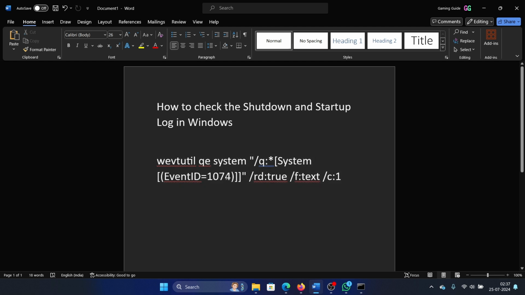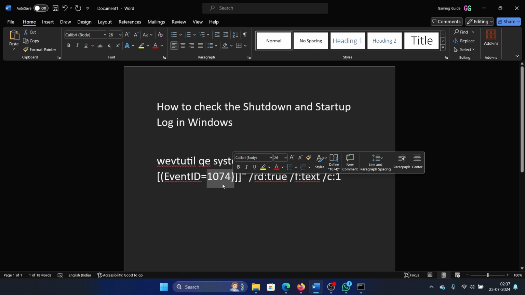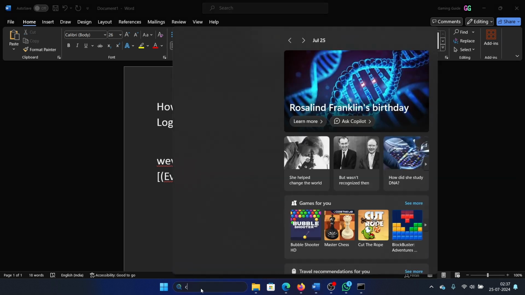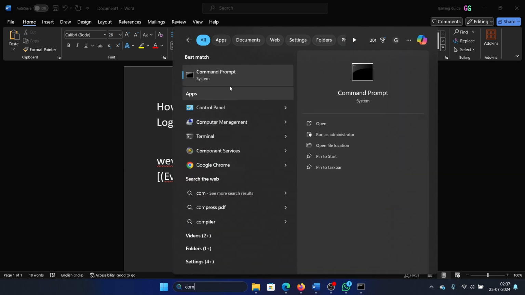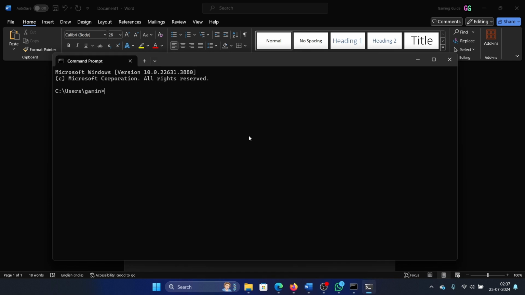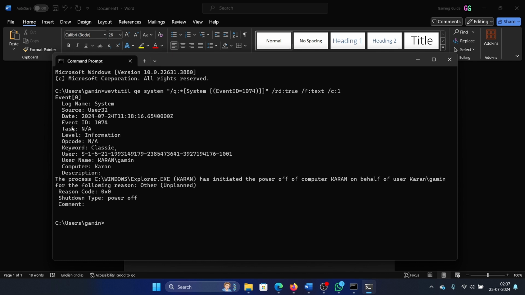This is basically picking up the details from the event manager, everything under the 1074 ID. So simply search for command prompt in the Windows search bar. The normal command prompt, not the elevated one. It doesn't matter. Paste it here and hit enter, and you'll get all the details: the date, the time, the